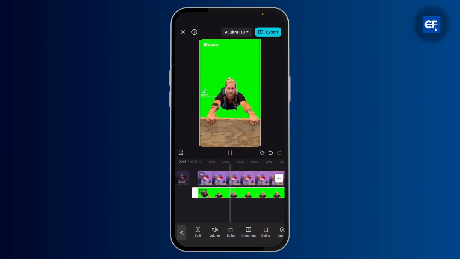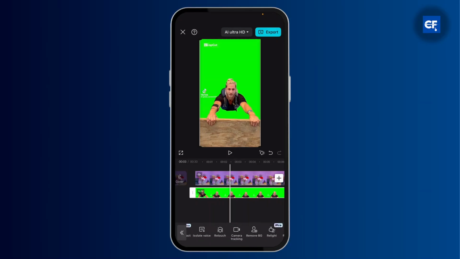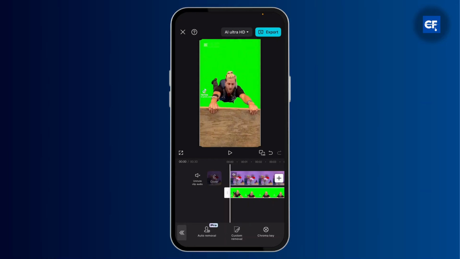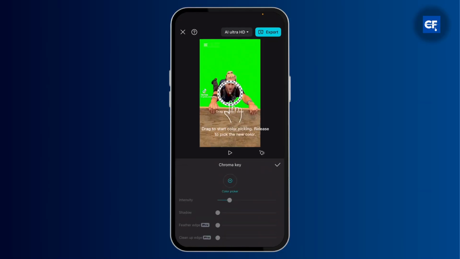After that, choose the overlay option again and then search for remove BG option. Tap on it and there you'll see chroma key. Go ahead and tap on it and a small circle like thing will appear on the screen, and then drag it around where you want to remove the green screen, and you can also increase and decrease its intensity, and